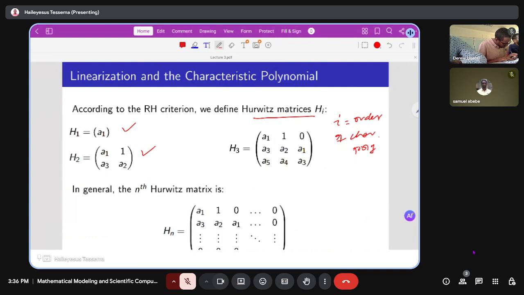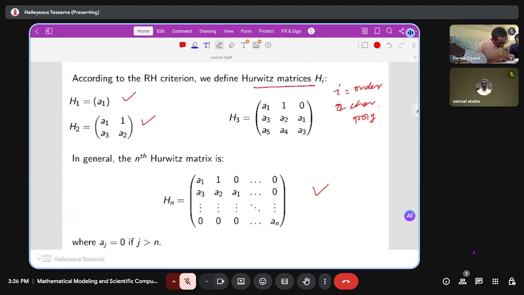So for an n-th order characteristic polynomial, the n-th Routh matrix is written in this way: A1, 1, 0, 0, A3, A2, A1, and so on, up to An, which is an n by n matrix,